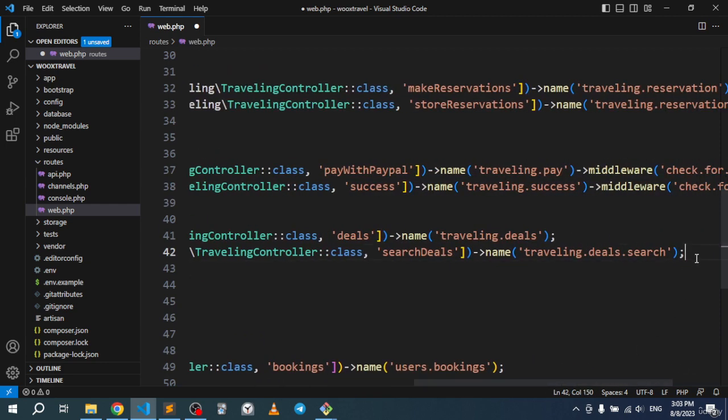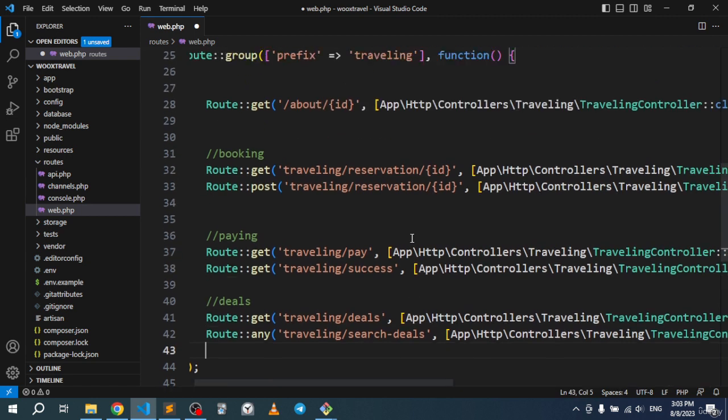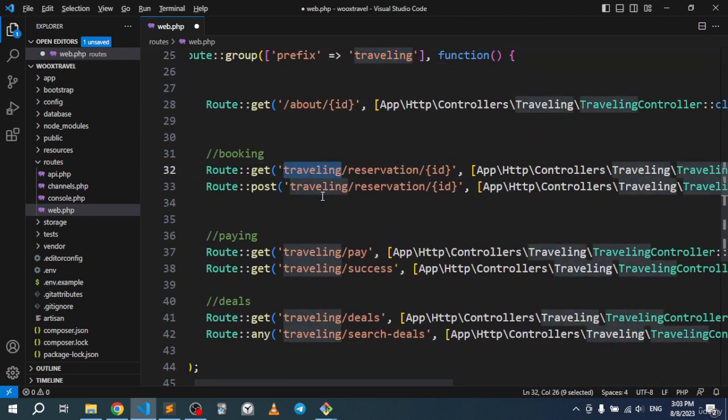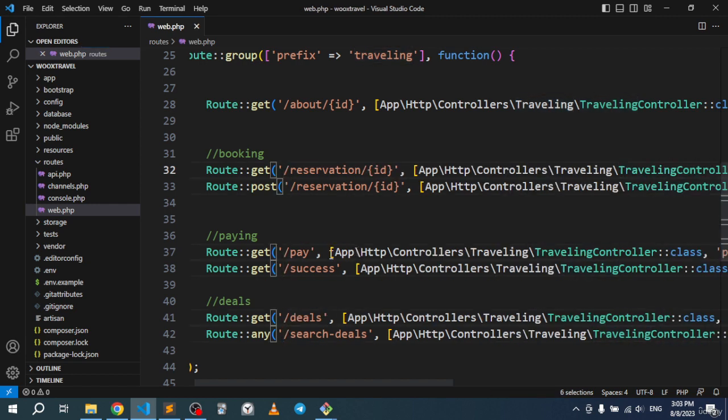And now, since we're already adding the prefix right here at the top, we do not need it right here. So just keep pressing Alt on all of those and delete it like that. So if we save,